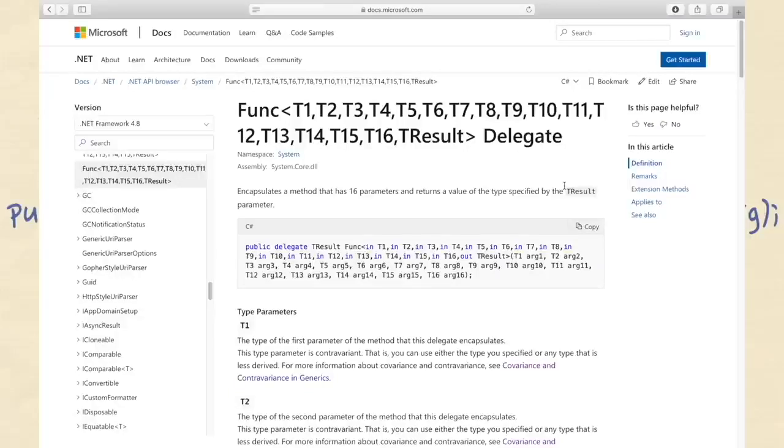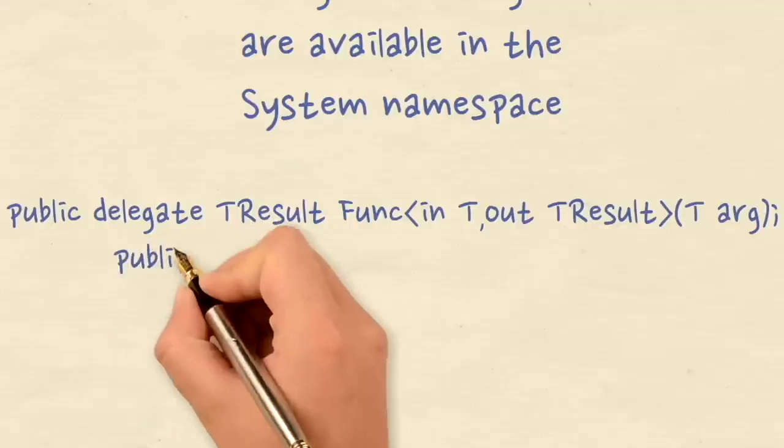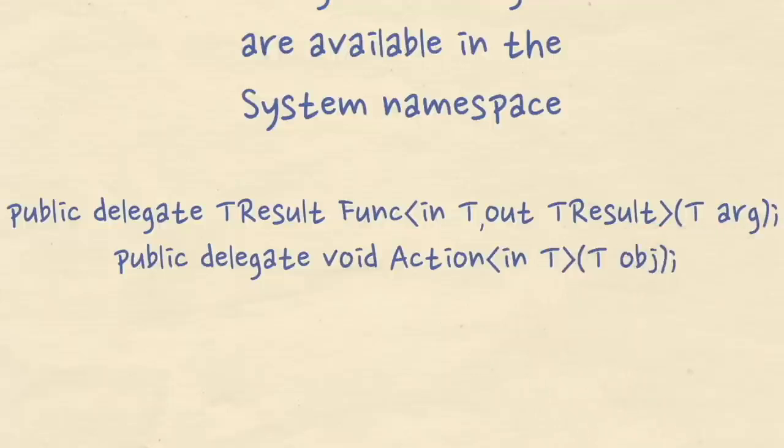value of the method that the func delegate encapsulates. The out keyword in this context means that the return type is covariant. The action generic delegates allow a developer to encapsulate a method that can have 0 to 16 parameters and must